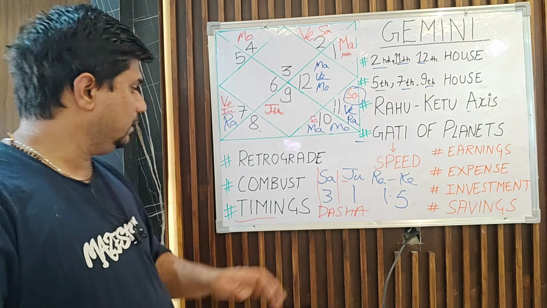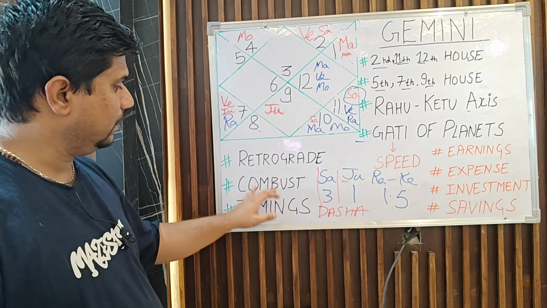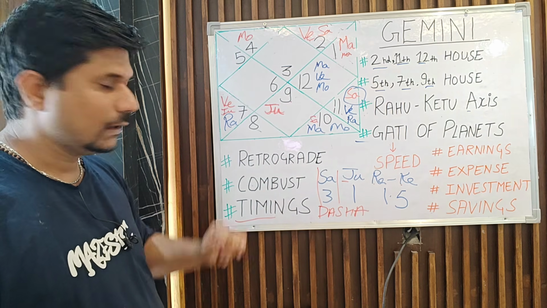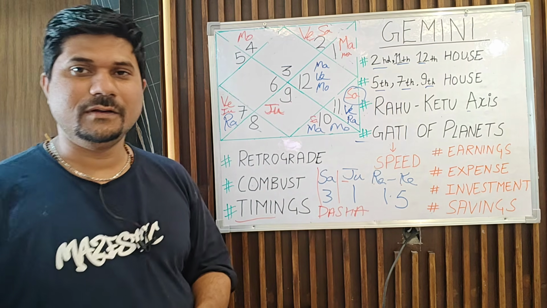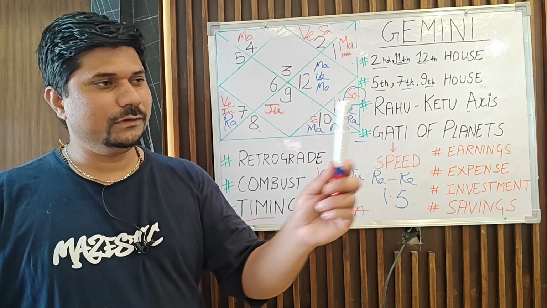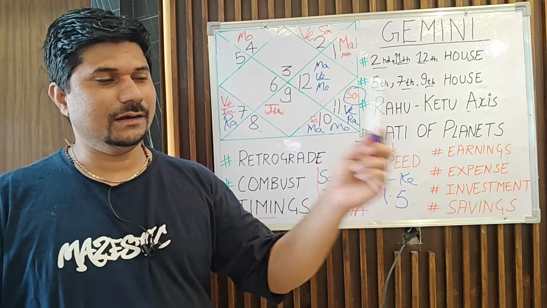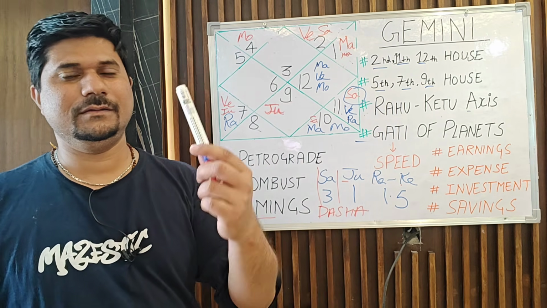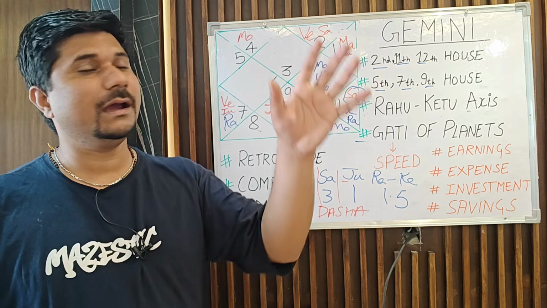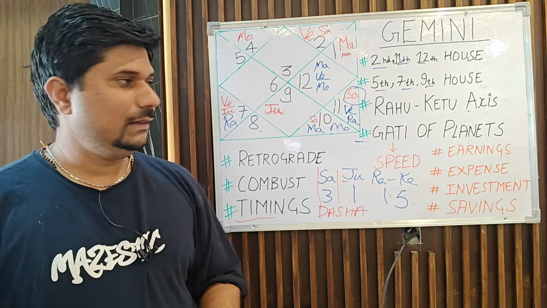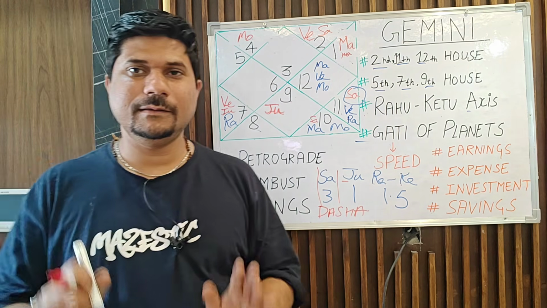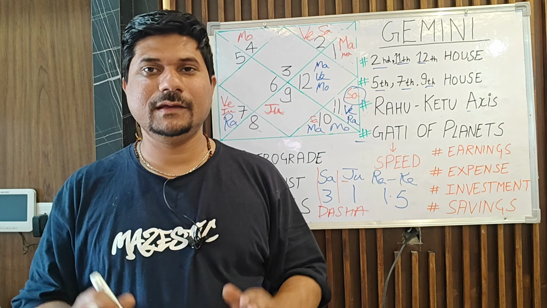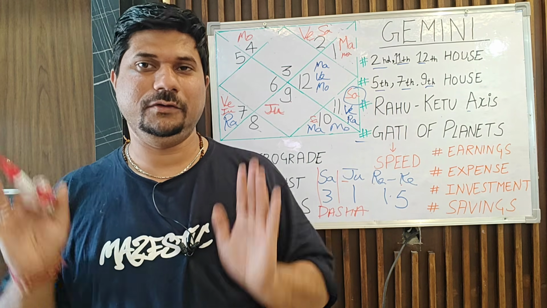Also, let's now cover the retrograde and the combustion of the planets. Now, what is a retrograde? First of all, retrograde: suppose that planet is moving in this direction and immediately it's going that way. It appears to be a backward motion of the planet. In the simplest words, retrograde simply means committing the same mistakes again and again and again in your life.